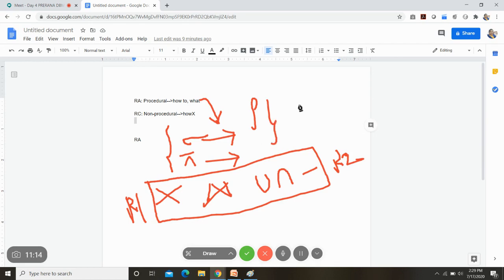These three are called unary operators because they work on only one table at a time. Other than this, you have the divide operator. As far as I remember, these are the operators that we have. And the assignment operator is also there. So these are all the operators that we have.